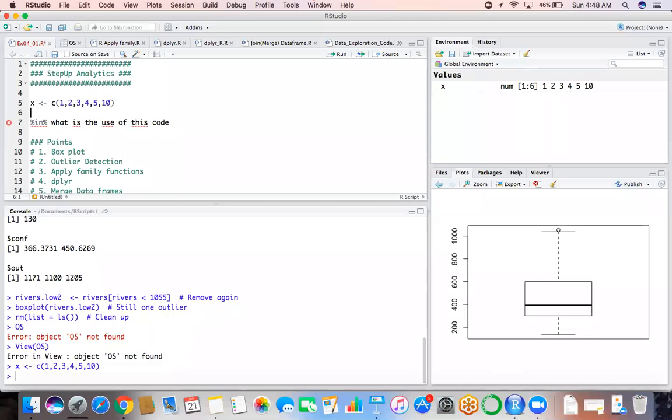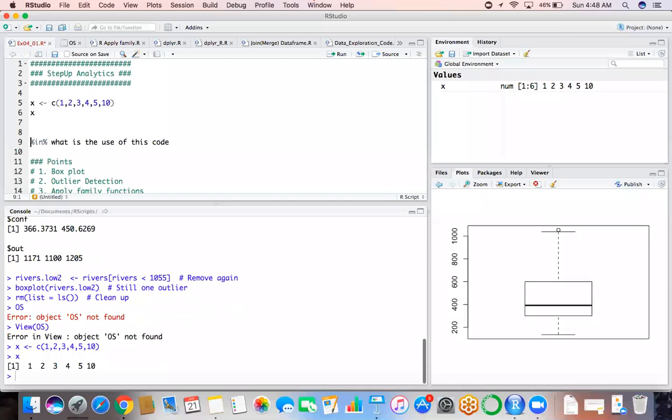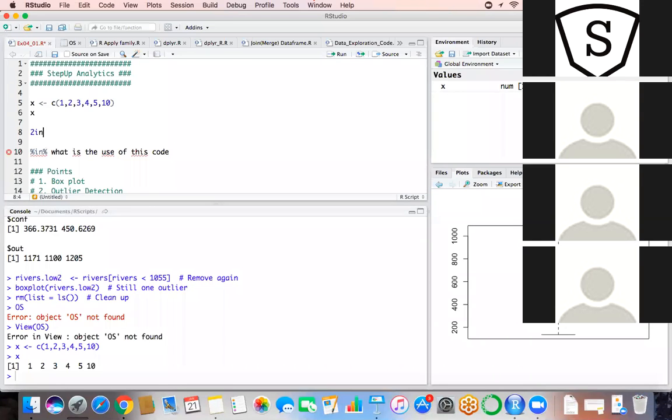I created a vector x. This is very small. Now if I want to know if 2 is in x,